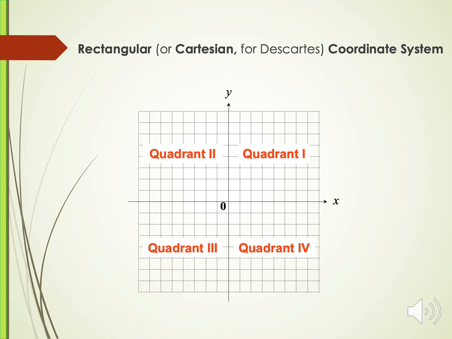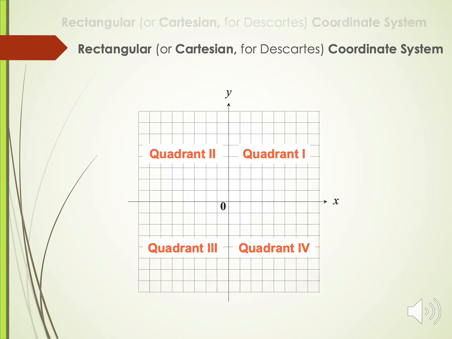motion. Okay, so in quadrant 1, you will have all positive values for x and y. Quadrant 2 has negative x and positive y. Quadrant 3 has negative x and negative y, while quadrant 4 is having a positive x and a negative